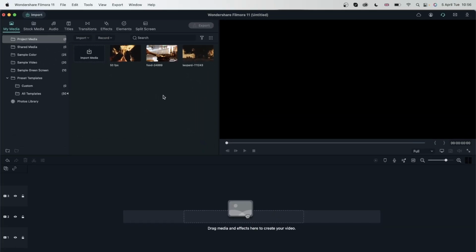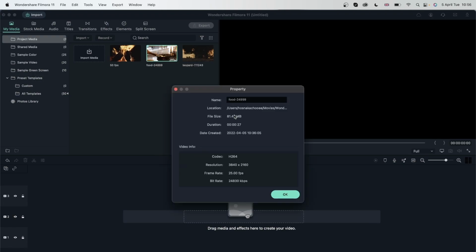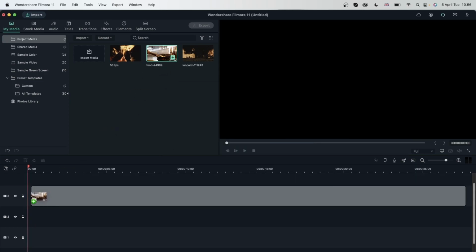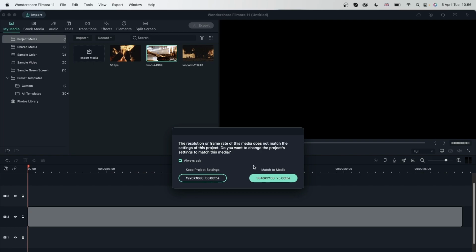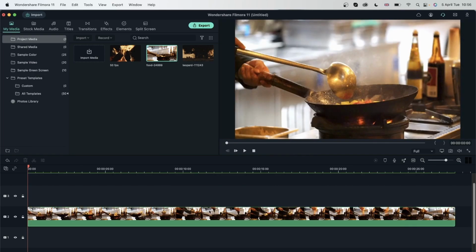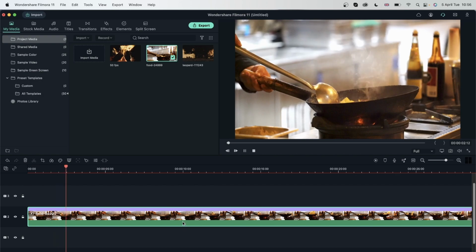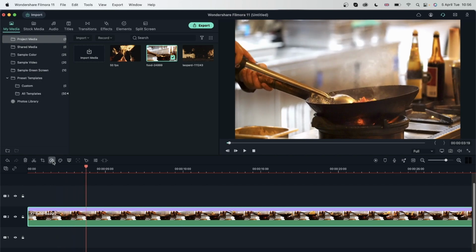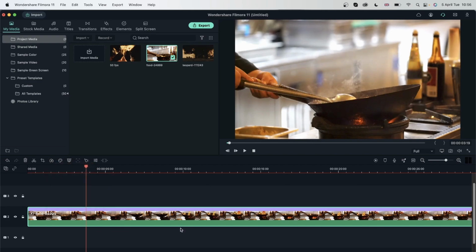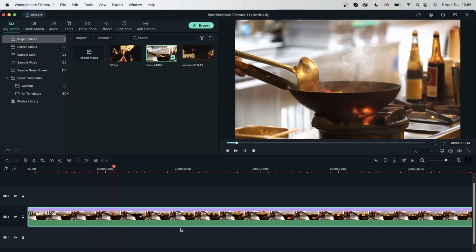Another thing is when you have a large file, like let's check this out. This is 81 megabytes. Add that on my video. Let's match the media. And while we're here, slow it down. Play this back. If you have a large file and you're putting pressure on the program to do some stuff like slow it down,